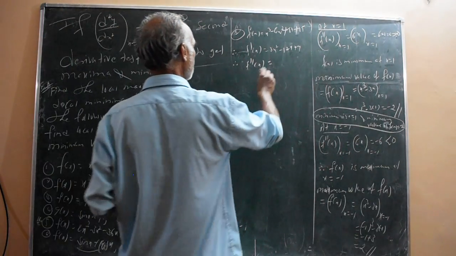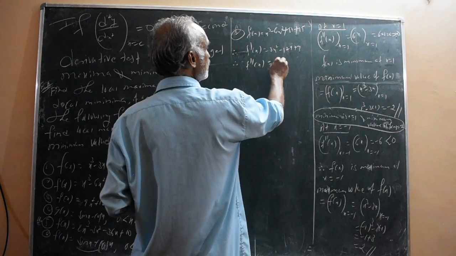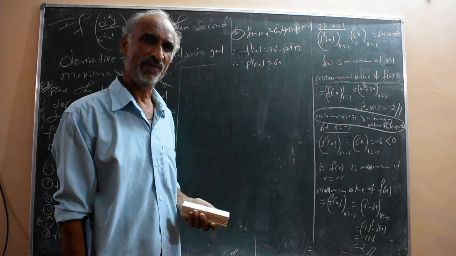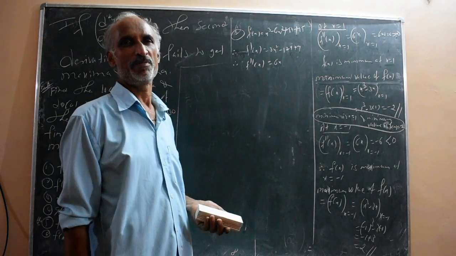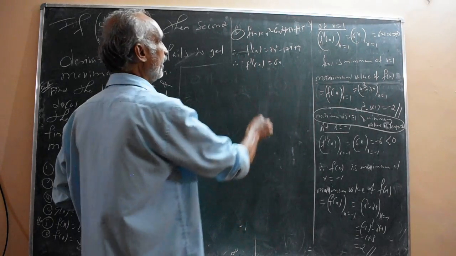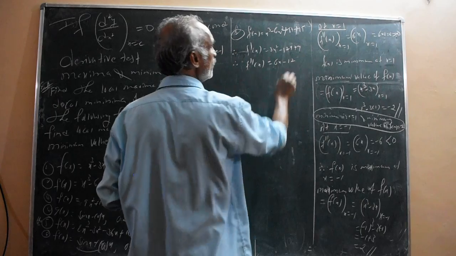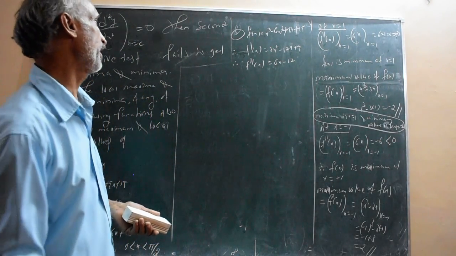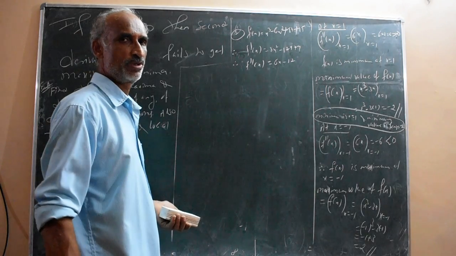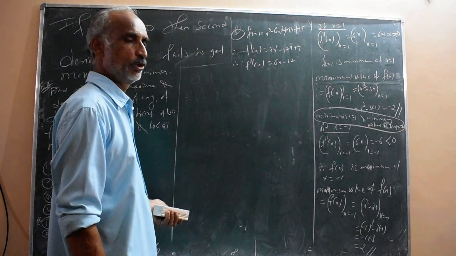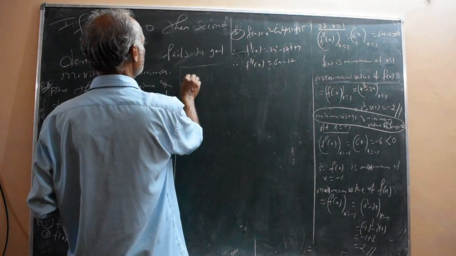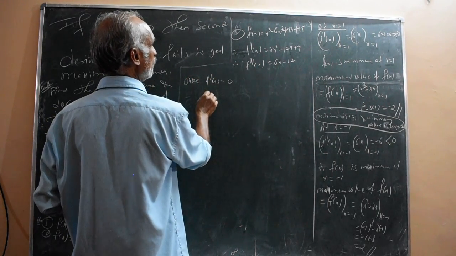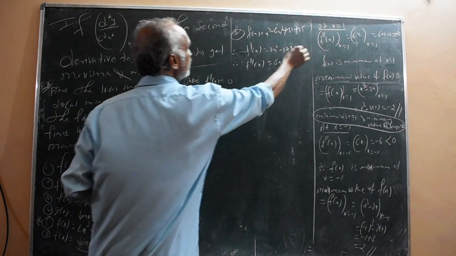3 into x square differentiation, 6x. By differentiating f dash of x, you are getting f double dash of x. Just from the previous problem, stepwise everything is written. And 12x differentiation is 12 into 1 is 12, 9 differentiation, pure constant, is 0. Okay, 12x differentiation, 12 outside, d by dx of x, 12 into 1, 12. Take f dash of x is equal to 0. Therefore, 3x square is the f dash of x,